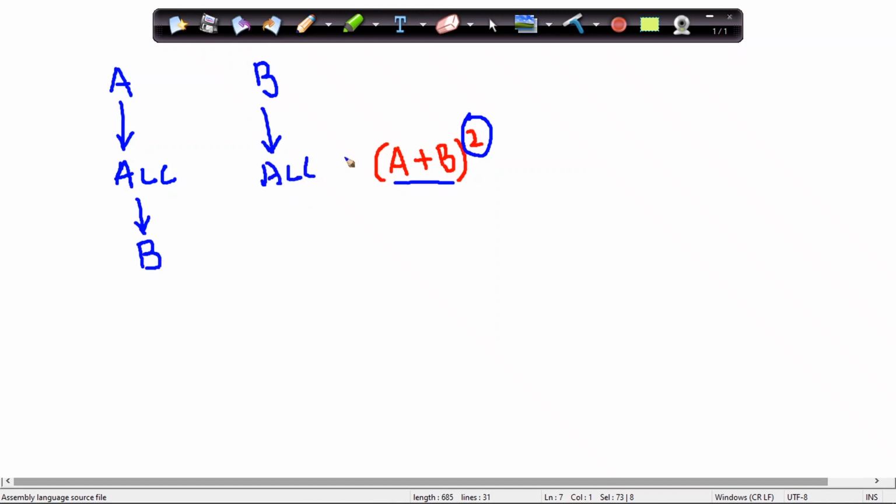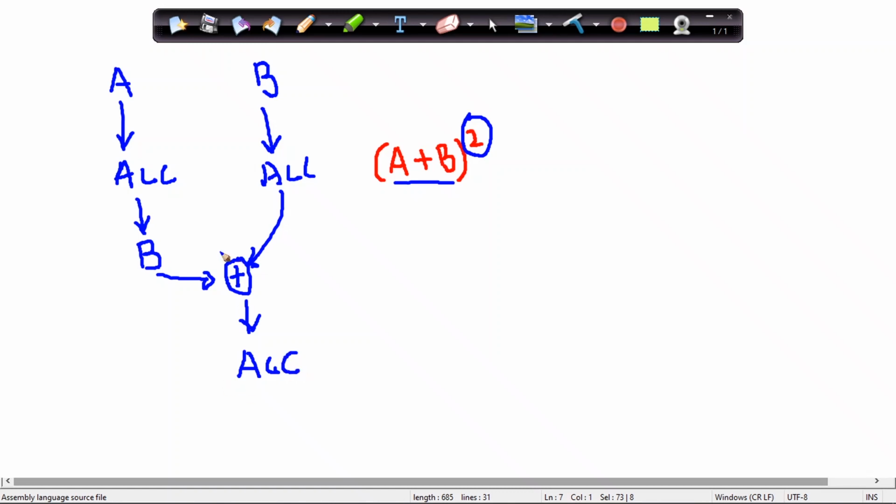Now here I will perform my addition operation. This addition operation result will be stored in the accumulator.